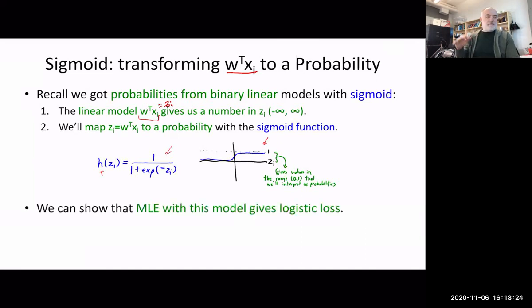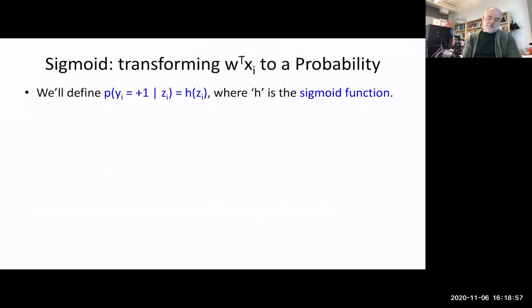Okay, so if we do maximum likelihood in this model, and I'll explain what I mean by this model in just a second, right? Basically, the model is P of yi equals 1 given W and Xi is H of Zi, okay? Cool. So if we do maximum likelihood in this model, that gives us a logistic loss. So let's look at this a little bit more. Again, P of yi equals +1, and Zi, remember, is W transpose Xi. So we're conditioning, it's a conditional distribution conditioned on the parameter and the input, right? If we define the probability of y being 1 to be the sigmoid function applied to our linear model output Zi,